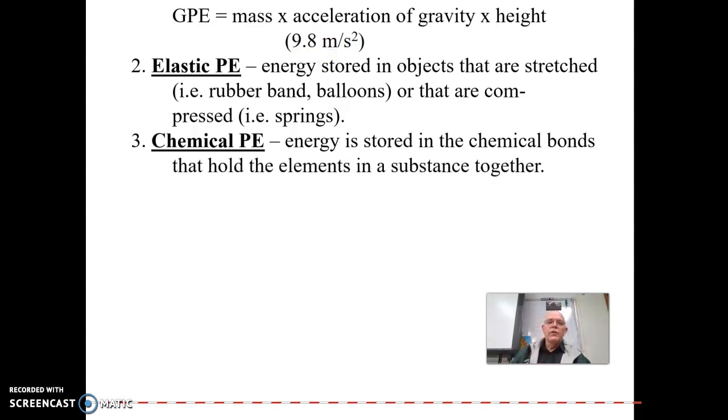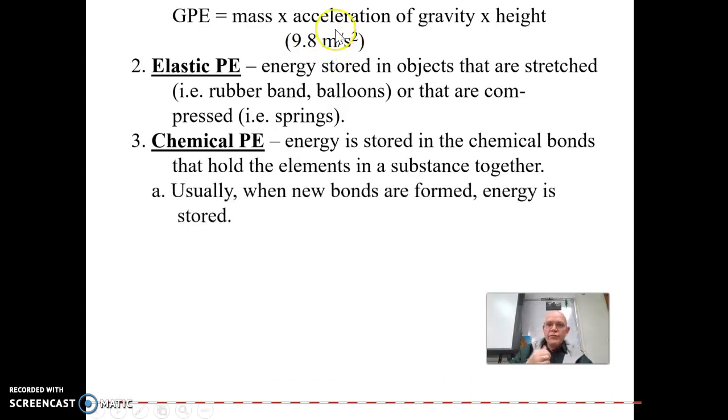All right. So energy is stored in the chemical bonds that hold the elements in the substance together. Now, this is not the stuff that holds the atom together. Okay, the nucleus has some very strong energy that holds it together. That's something different. We'll get to that. But for now, let's just talk about chemical energy. Chemical energy is between atoms that join together. Compared to the nuclear power we'll talk about later, it's relatively small amounts of stored energy in there.